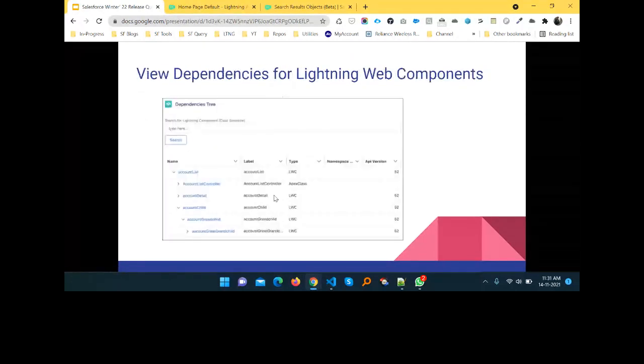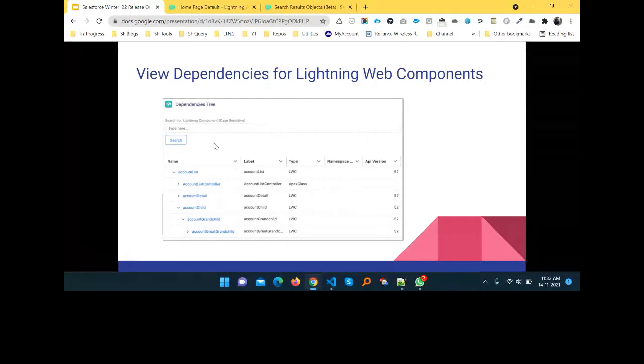Okay, and here you can see this is my best feature, or we can say one of the best features in LWC, view dependency for LWC. So how to check the LWC dependency? Let's say I have created two components, component 1 and component 2, and I want to fetch the dependencies of component 1 and component 2 with the help of this new feature. So how to do that?